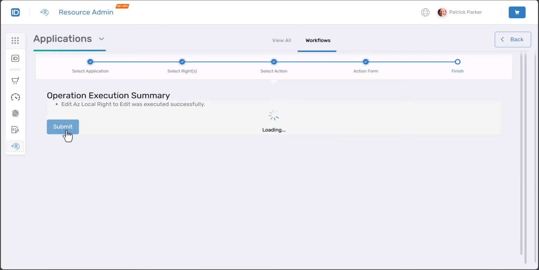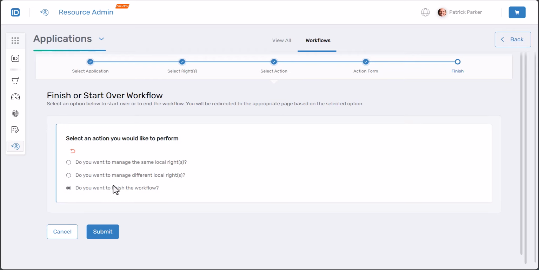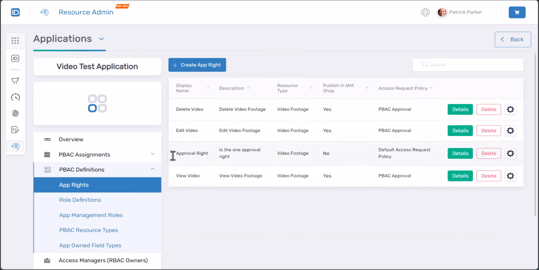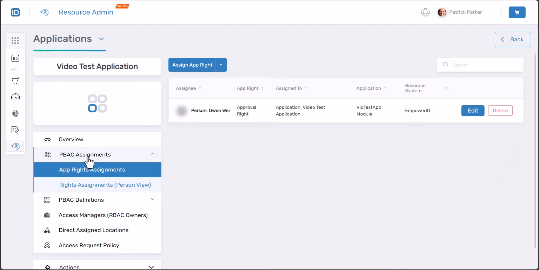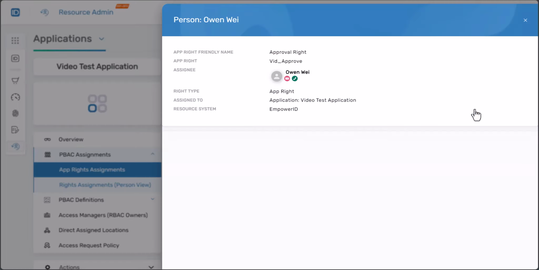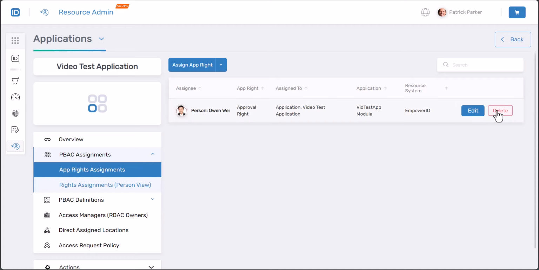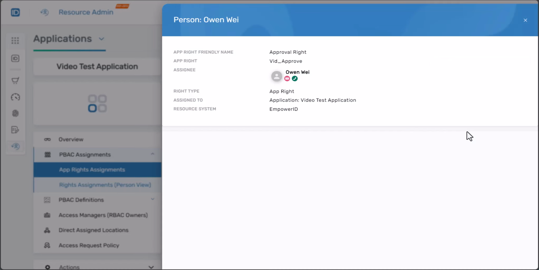Okay, that executed successfully. There we go. We want to finish the workflow. Now, right now, we have our app right assignments. If we look at Owen, Owen is assigned the approval right, but because we didn't need to, the approval right